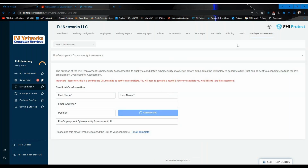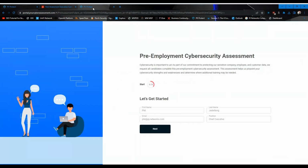And this is a free employee assessment. PJ Networks has offered this for years to our clients and non-clients, where you can generate a 20-question cybersecurity assessment. You can email a link that will be generated by this to all of your employees. They will take the assessment. When they're done, the results are automatically sent back to the portal, and then you can look at how your employees did, generally speaking, on the different categories. An example here would be,